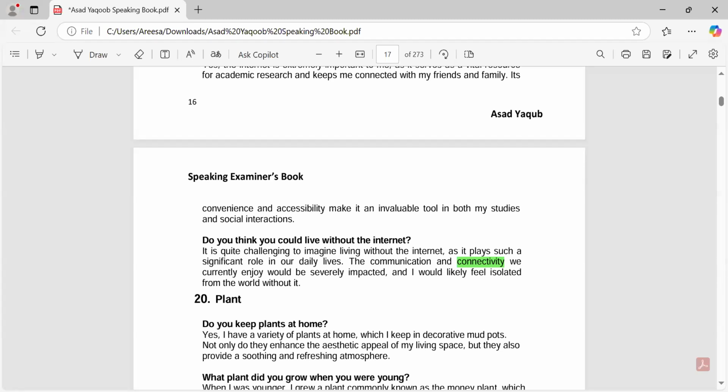What plant did you grow when you were young? I think it was a long time ago, and I do not remember which types of plants I grew when I was a child. In my opinion, my family members have some vegetable plants which they use for daily use. I think they are freshly produced, so that's the reason they are growing them nowadays as well. Sorry, I can't understand the last line you said. Yes, they are growing them nowadays as well. They are freshly produced, so that's the reason they are growing those vegetables nowadays.